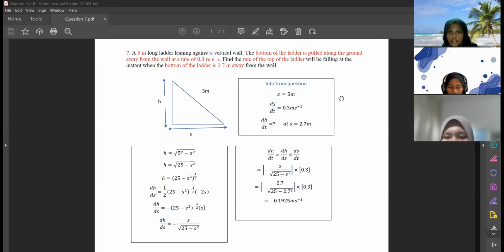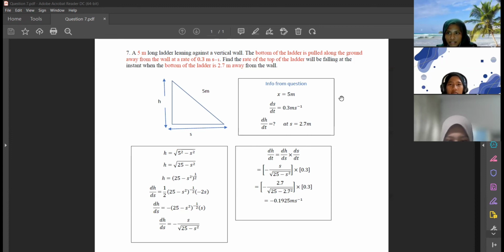For the last steps, I will explain how to get dh over dt. By using the chain rule, since we have dh over ds and also ds over dt, we just multiply dh over ds and ds over dt to get dh over dt, which is what the question wants. So using the last dh over ds answer, we just multiply with 0.3, which is given in the question, and we get negative 2.7 over square root of 25 minus 2.7 squared times 0.3, and the last answer will be negative